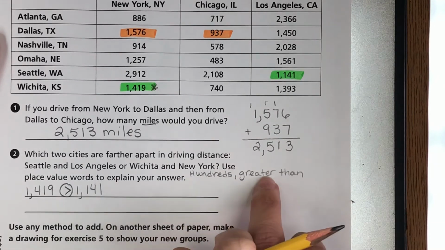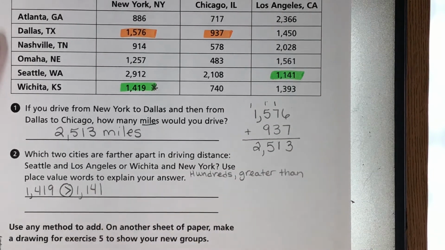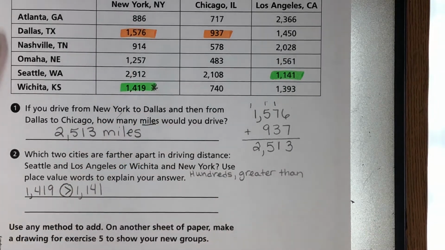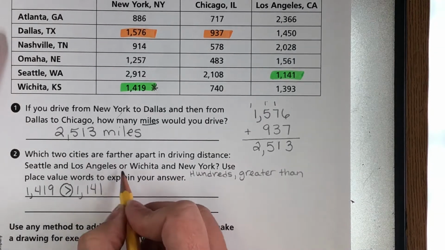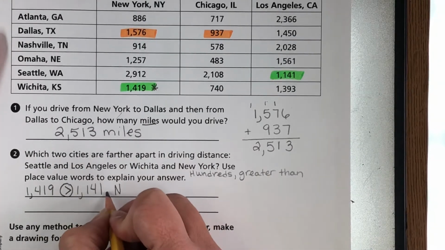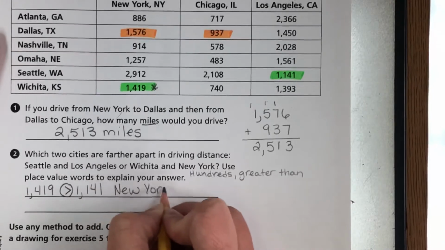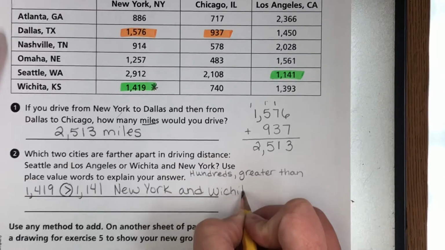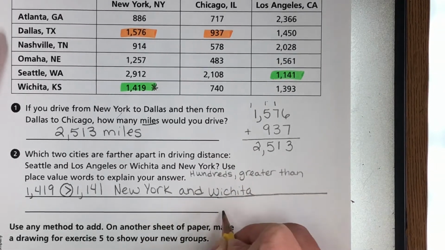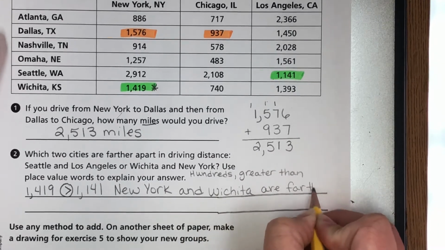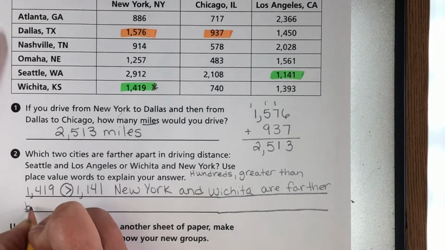So using these kinds of place value words, I want us to come up with an explanation about why Wichita and New York is the farther distance. Okay, so we're first going to say we'll say New York and Wichita. I'm going to extend these lines. You can do the same thing if you'd like. Are farther because,